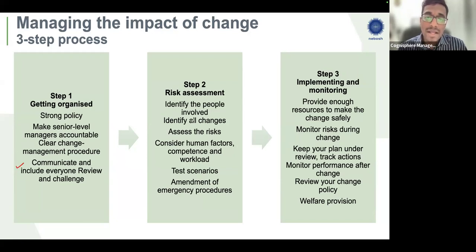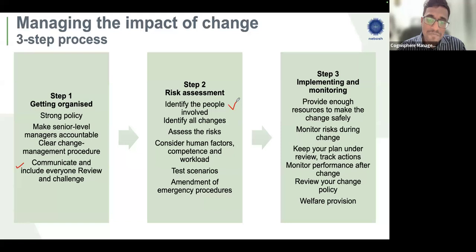And then step two, identify the people involved. So if the change is only affecting the individual team or the department, or the change is impacting the whole organization, you're going to identify the people involved, and then you assess the risk. If you are planning or implementing this change, will this introduce new risk, or would this increase the existing risk level? So you need to